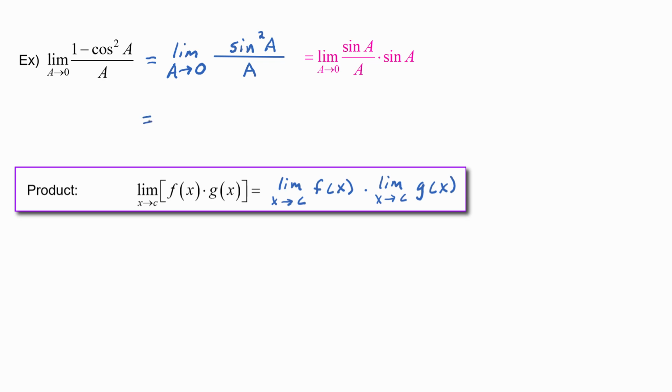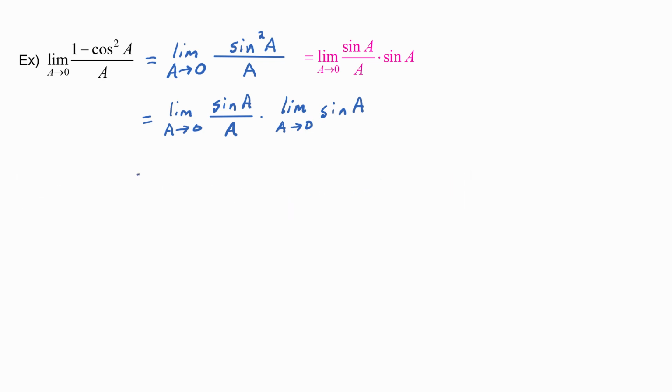Now this is equal to the limit as a goes to 0 of sine of a over a times the limit as a goes to 0 of sine of a. Now this first limit is one of the special limits, and we know that equals 1,